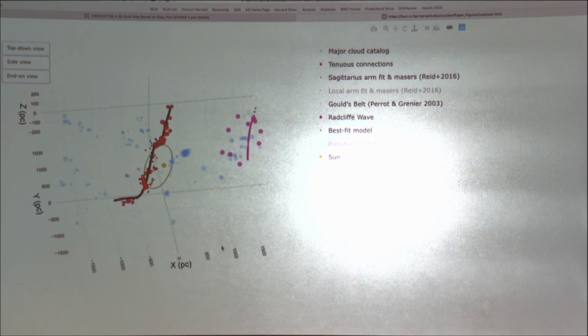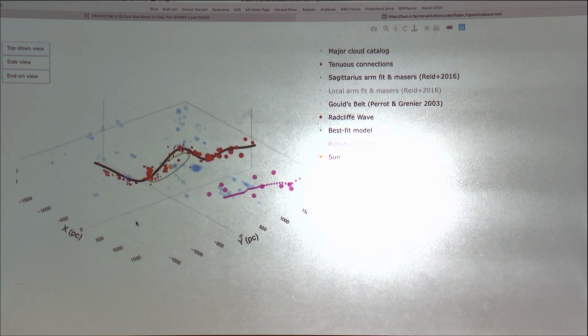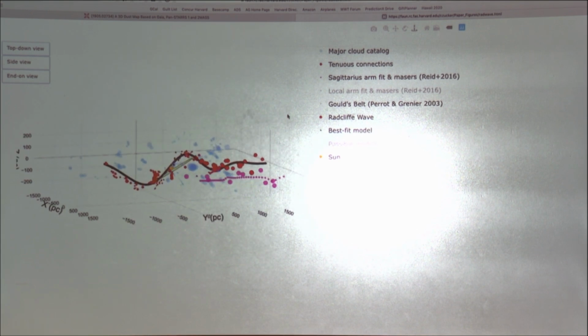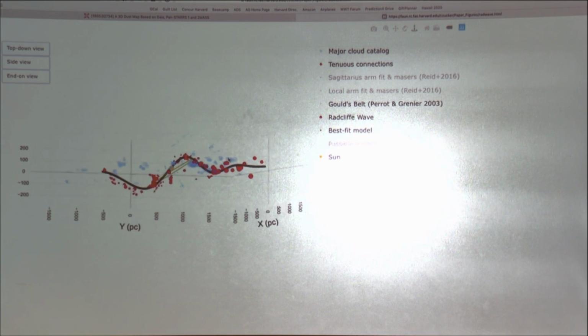And there have been some Gaia papers that still say that it exists. But it turns out it's not a very good fit. And it actually appears to be, let me turn off this other stuff, a projection effect. So I'll even turn off the fit. So if you look, oh, not that fit. We want that fit. Oops. This is the live demo danger part here. We want the fit to there. Okay. So if I turn this around, you see how this tilt of Gould's belt is kind of the tilt of that part of this wave fit?